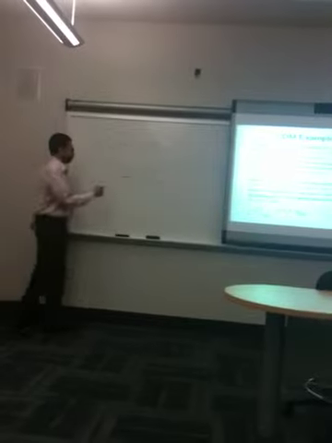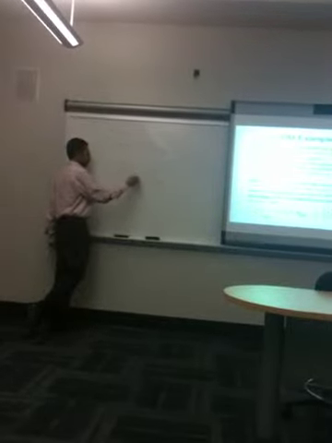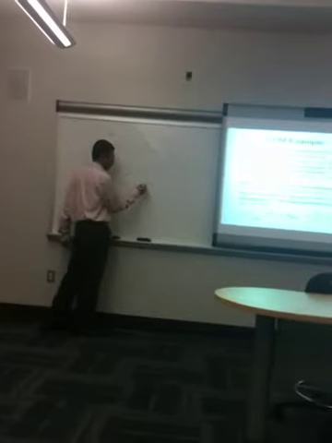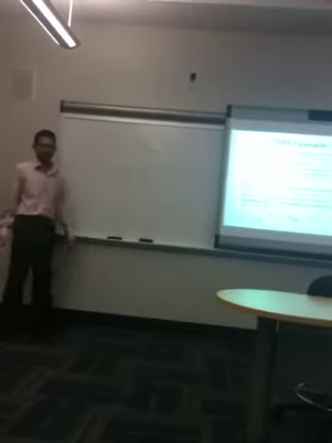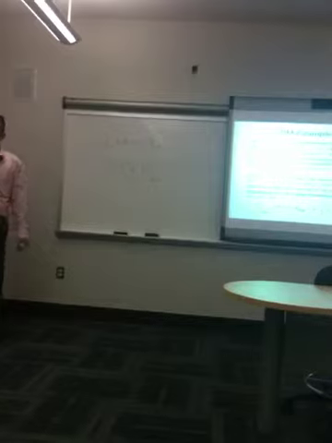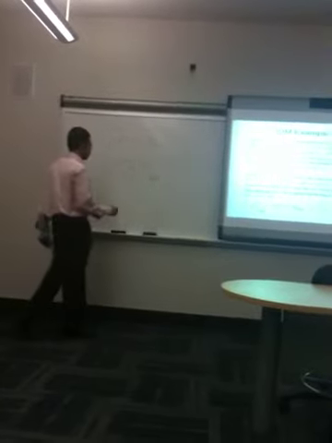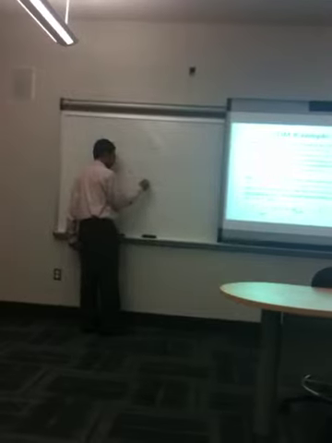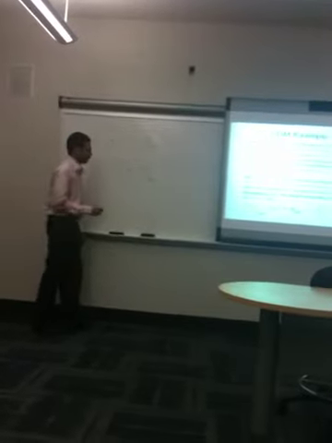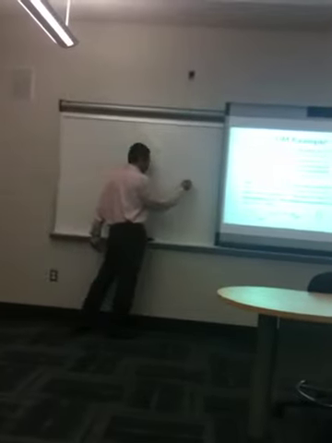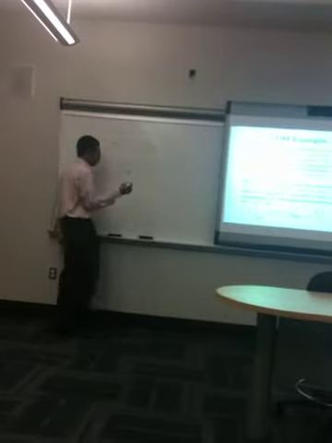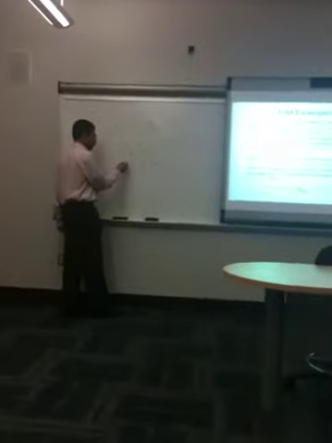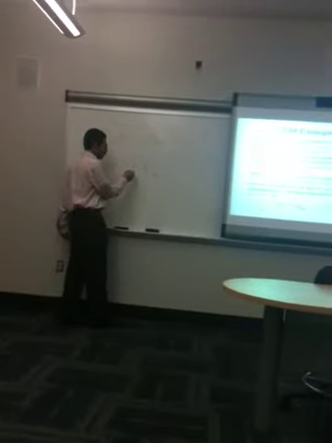You cannot multiply these two matrices because the number of columns in the first one doesn't match the number of rows in the second one. Okay? So only if they match, the resulting product, of course you have to compute the product matrix, but the dimensions of the product matrix in this particular example will be the number of